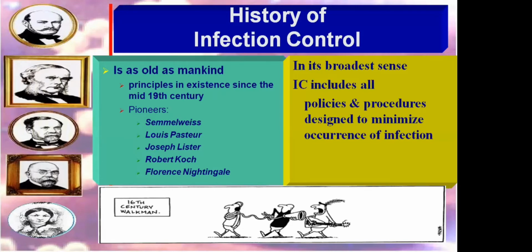Joseph Lister lived from 1827 to 1912. Then we had Semmelweis, who lived until about 1865, a very famous physician who worked for the antiseptic policy and for hand hygiene practices. We have the work of Louis Pasteur and Robert Koch, the two pioneers who started the work in microbiology.